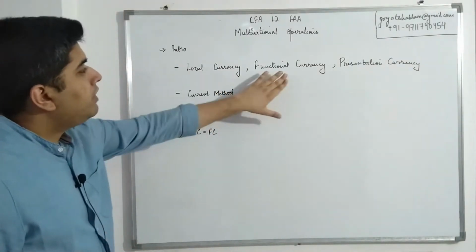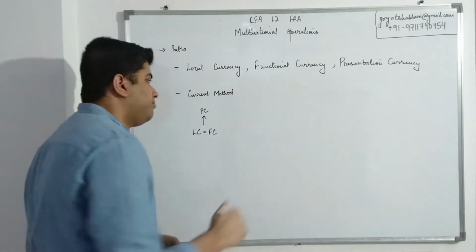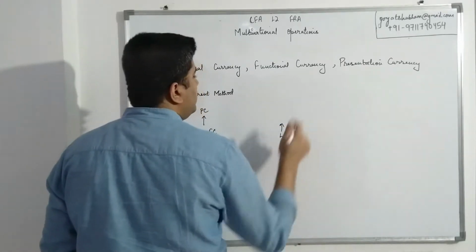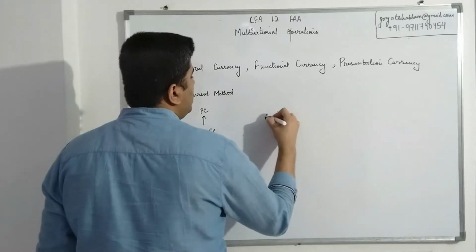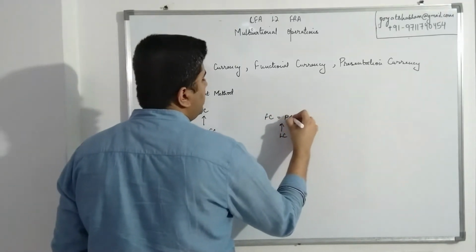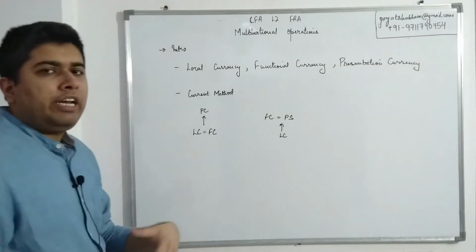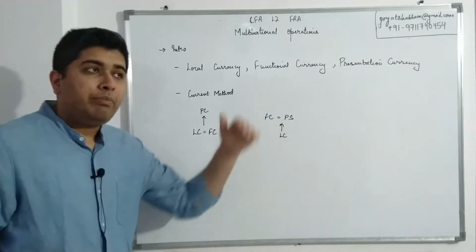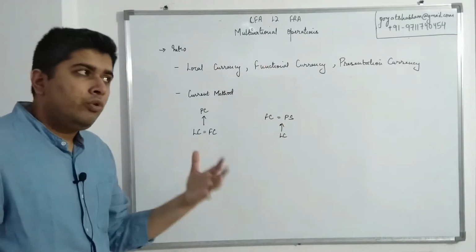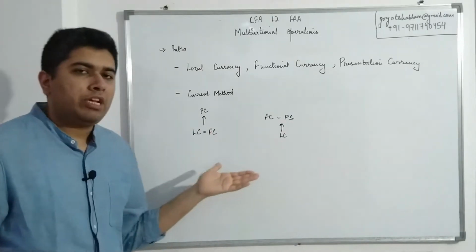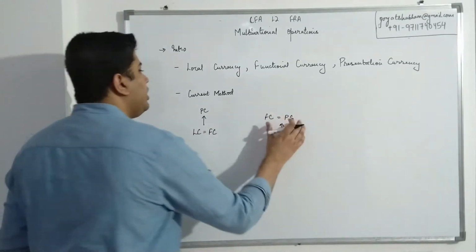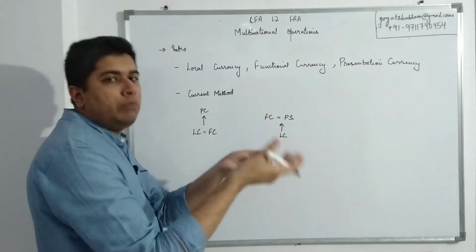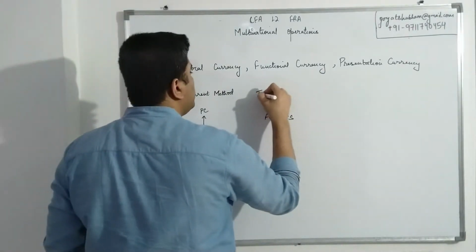The other case could be that functional currency is the same as presentation currency. So we have a situation where you have local currency, and this has to be converted all the way up to functional currency, which is the same as presentation currency. Basically, any company operating in India will present its financials in Indian rupees. So if the functional currency is different and the parent company outside India is also showing that same currency, I would convert it for my consolidated financials. So in this particular case, where functional currency is the same as presentation currency, and I want to convert from local currency to my presentation currency directly, we use the temporal method.